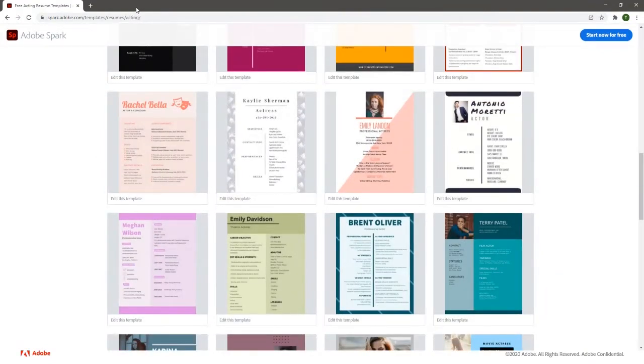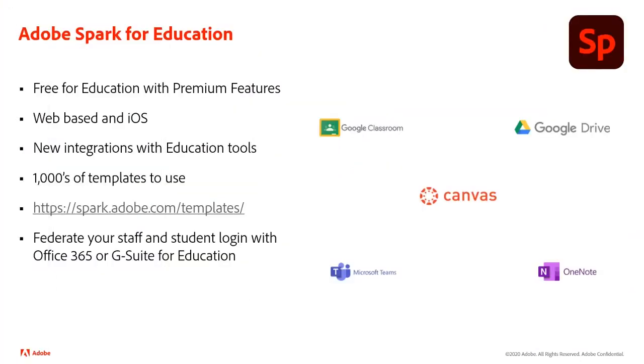So they get access to remixing all of those designs as part of the premium features. And then the key one is that we federate logins with both Office 365 using Azure AD or G Suite